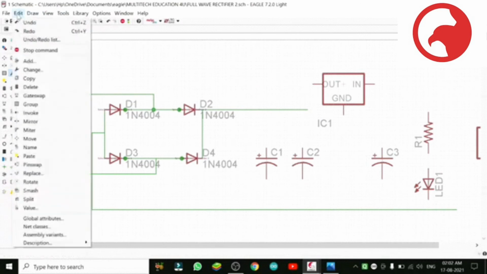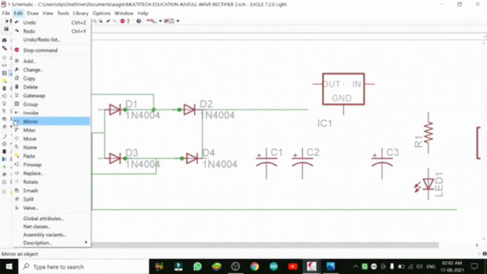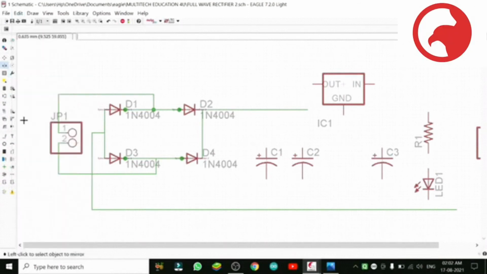Still I need to find. See, here comes the mirror in edit. So we will mirror it. And it is there in the symbols also, this mirror. Find it from here, this is the mirror, see? So this is the practice. It needs practice.